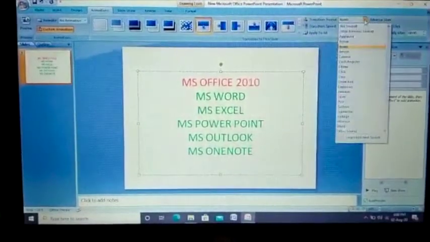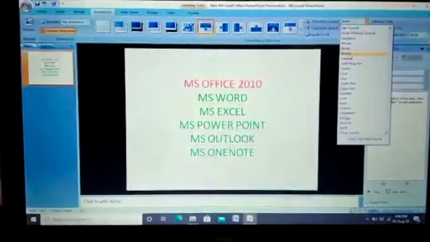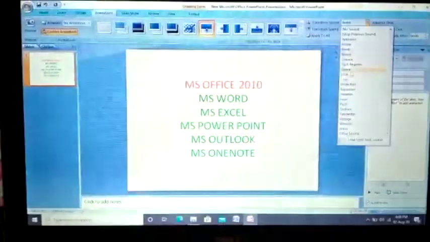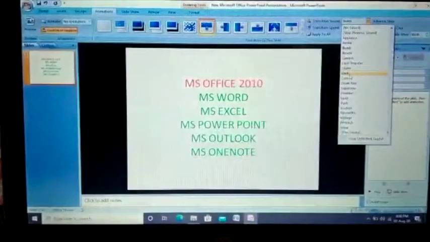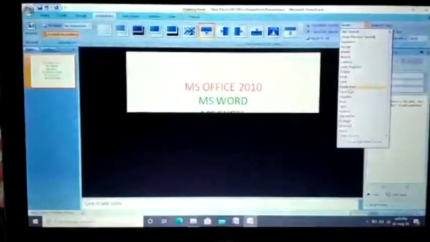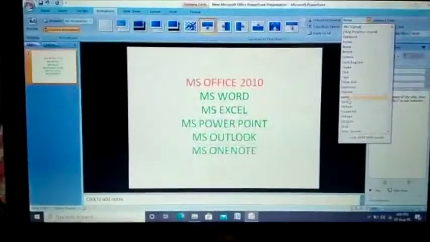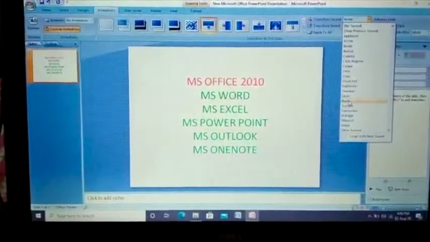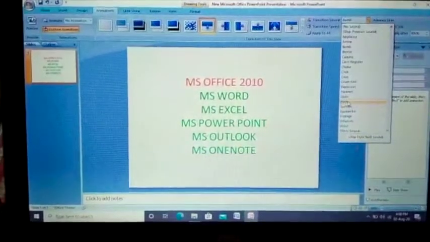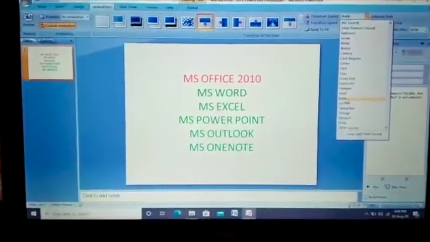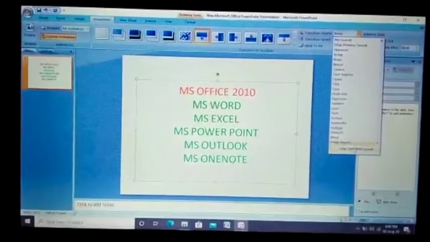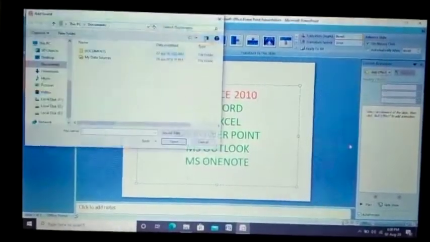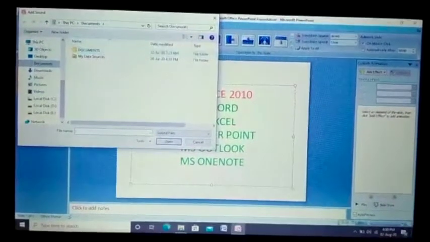See this transition sound: arrow, boom, breeze, camera, chime, click, coin, drum roll, hammer, laser, push. These are the sounds. You can also add your own sound file by selecting the other sound option from the list.